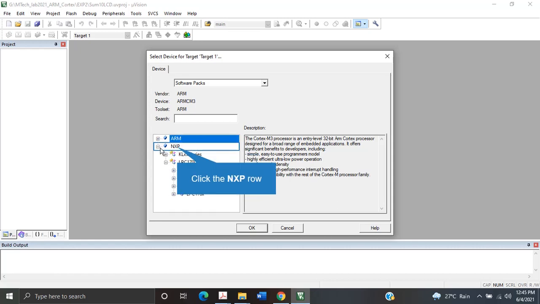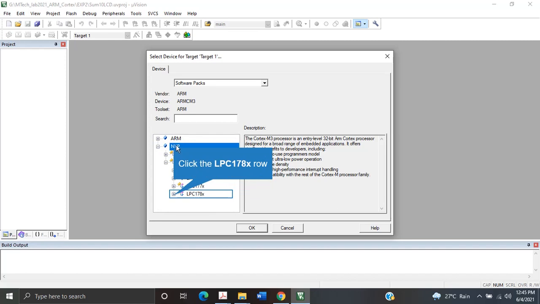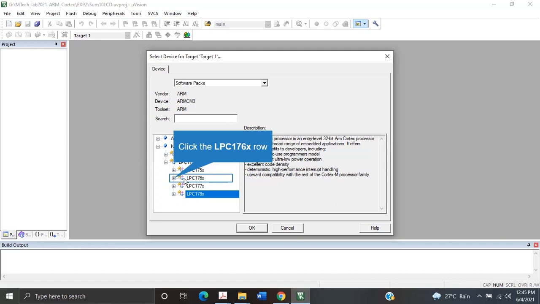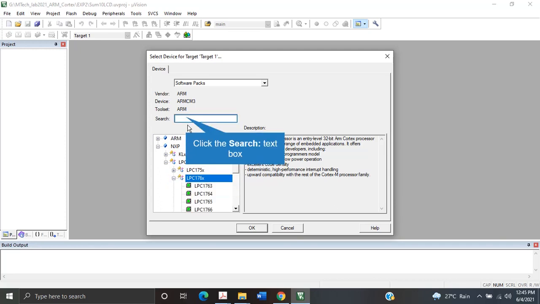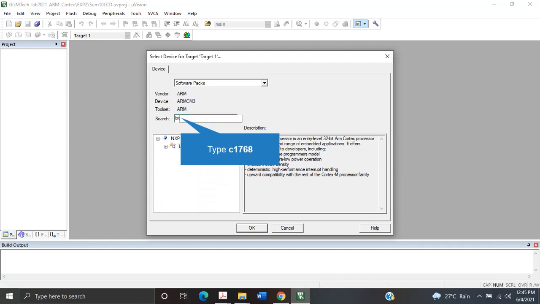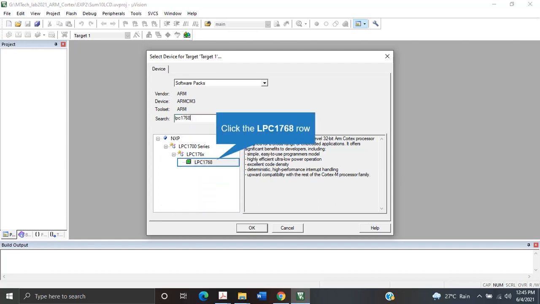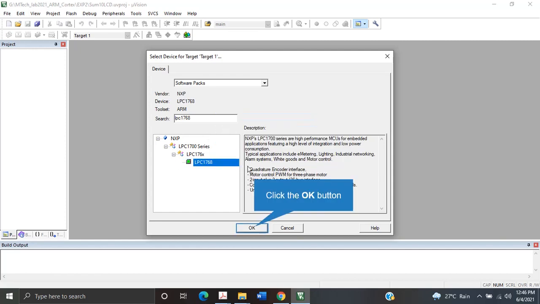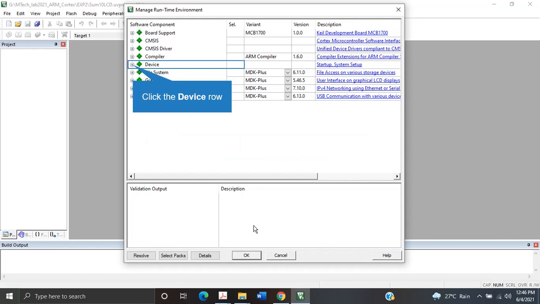So I click on the foundry-based entry, which is a fabless company, and I code for the foundry-based LPC1768. Either you can click through the tree or you can directly type LPC1768 here. If I click on this, now all the peripherals will be listed, such as I2C, the code reader, and so on. Once it is done, okay.